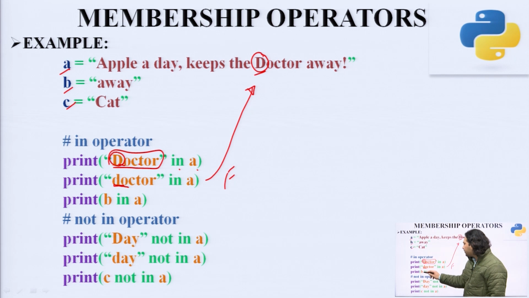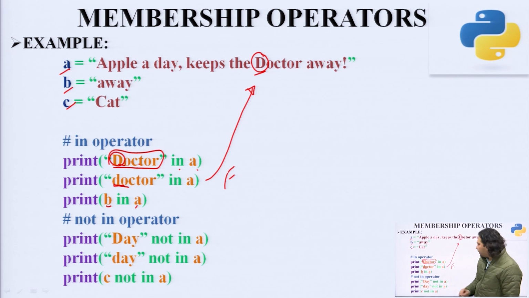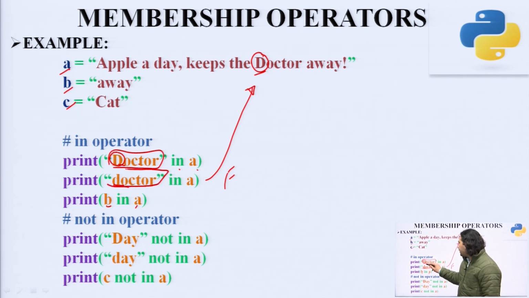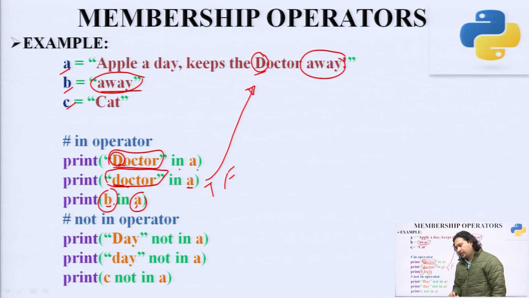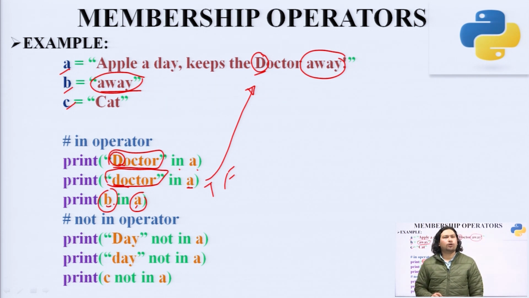Similarly, B in A, you can see now we are putting in variables and testing the variables. Previously you were directly checking the given data under a variable. Now, we are looking for a variable in a variable. This B is a variable, in this the away is the information, and in A this whole sequence is the information. Now, we are checking whether this away is under this whole string or not, and here you can see this away is there. So, you will get the answer true. The same goes for the not in operator.